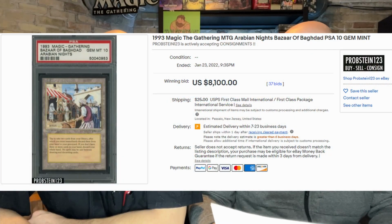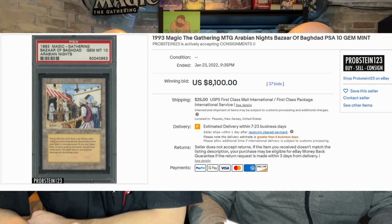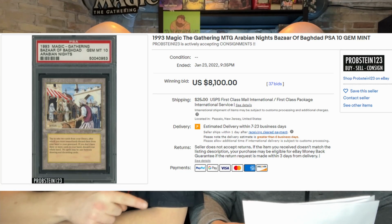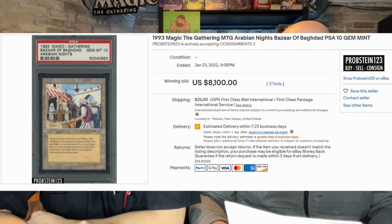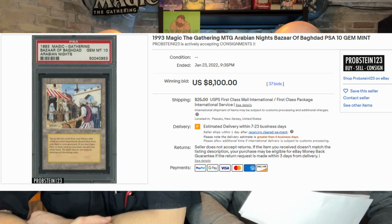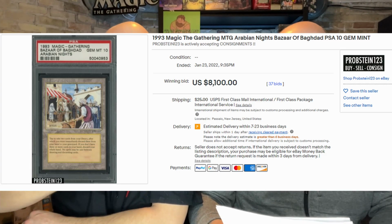All right, kicking off the countdown this week at number 5 from Probstein Auction. They are almost at 1 million feedback on eBay, which is incredible. Pretty reliable place to buy cards. A PSA 10 Bazaar of Baghdad went for $8,100 American at auction. Rudy, was that you? We know you like your PSA 10s. Pretty good price, I think, right? Not bad. Because they'd be about 3 Gs ungraded. Yep, thereabouts. And that's a 9.5 Bazaar? No, it was a 10. Oh, PSA 10. Yeah. Yeah, you buy yourself a PSA 10 and then get yourself a play-through proxy, right? Well, we don't like proxies, but...